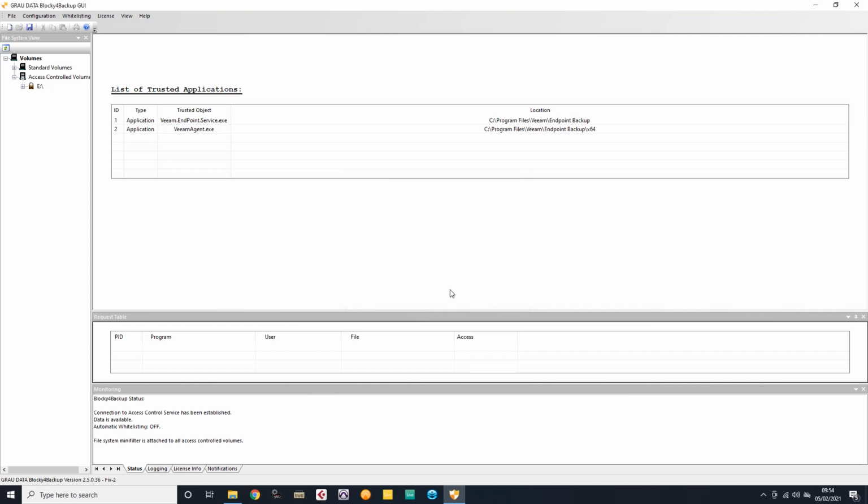If a volume license does expire, Blocky will protect that volume against any modifications until the administrator releases the access control or applies a license update. I hope this walkthrough has shown that Blocky is very easy to use, but an effective security solution for protecting data volumes. Backups are an essential insurance policy against ransomware attacks, so it is vital that backup data volumes cannot be encrypted or deleted. Full details of the features shown here can be found in the Blocky Administration Guide,